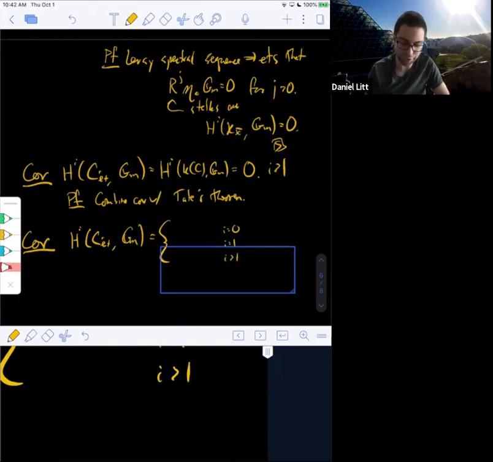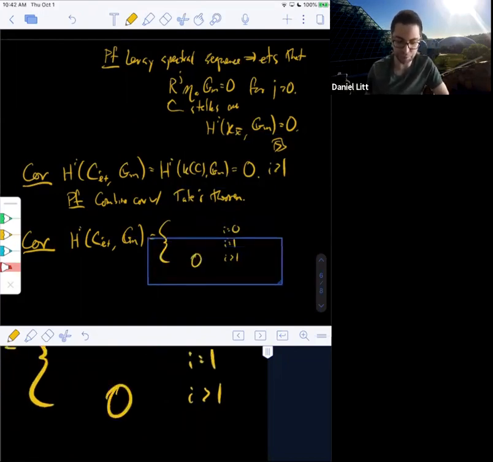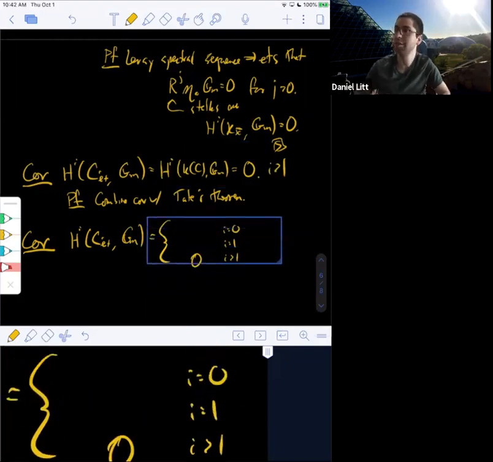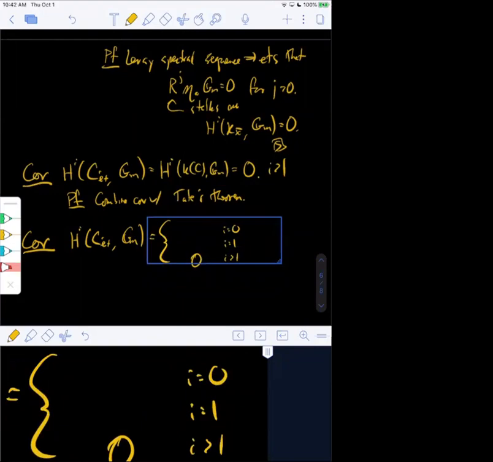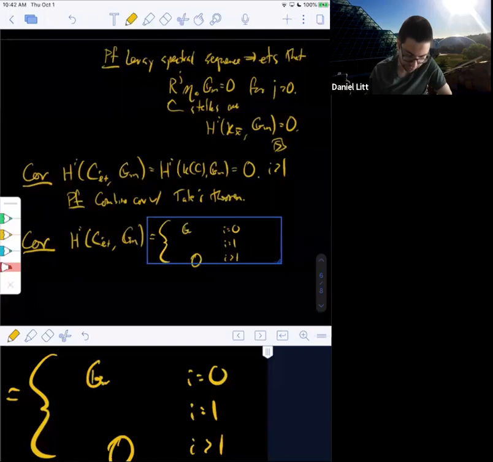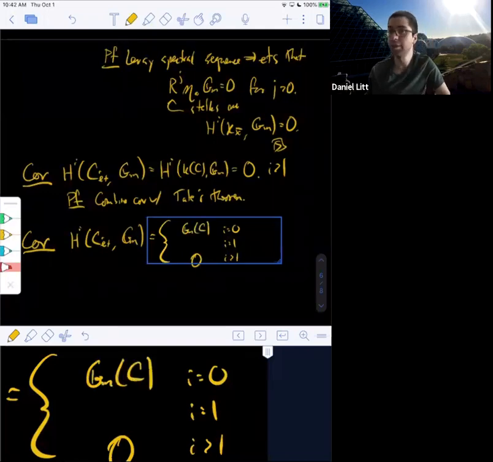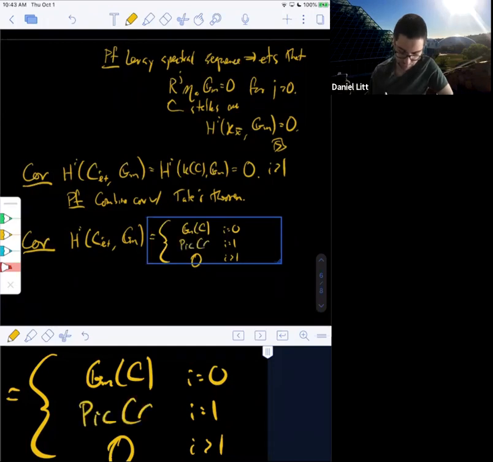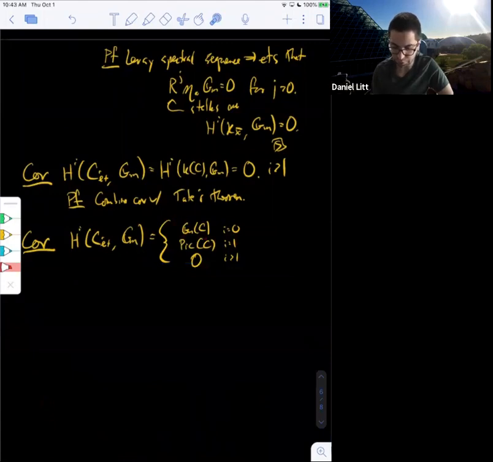So okay, the corollary just tells us the answer for i bigger than 1. Does anyone remember what this cohomology is for i equals 0 and i equals 1? Should be the units for i equals 0. Yeah, so it's just the global sections of O_C^* for i equals 0, and for i equals 1 it was G_m torsors, which had another name. Pic C. Yeah, exactly, line bundles. Great. So the i equals 0 case was tautological, i equals 1 was so-called Hilbert's theorem 90, or descent for line bundles, and then i bigger than 1 was this fairly involved Weil cohomology computation.